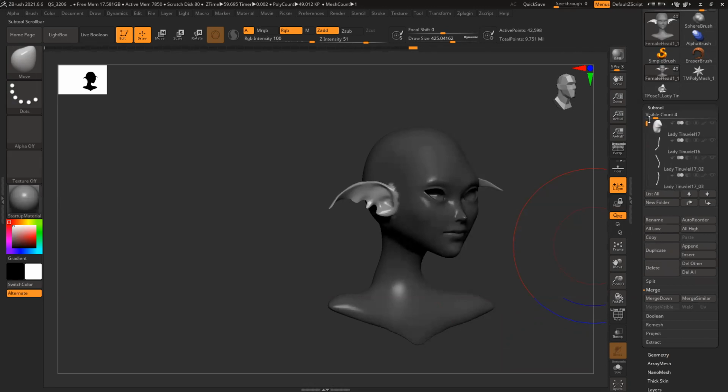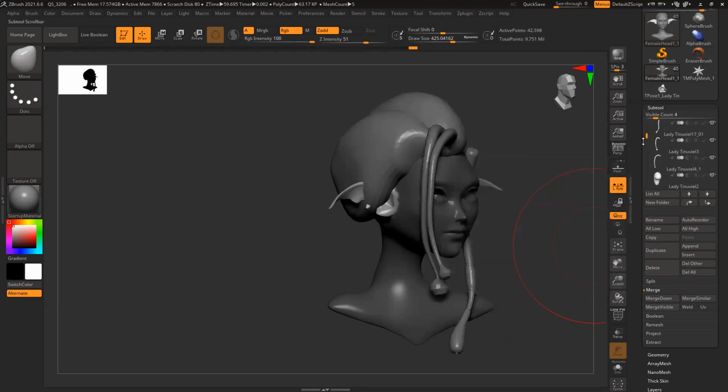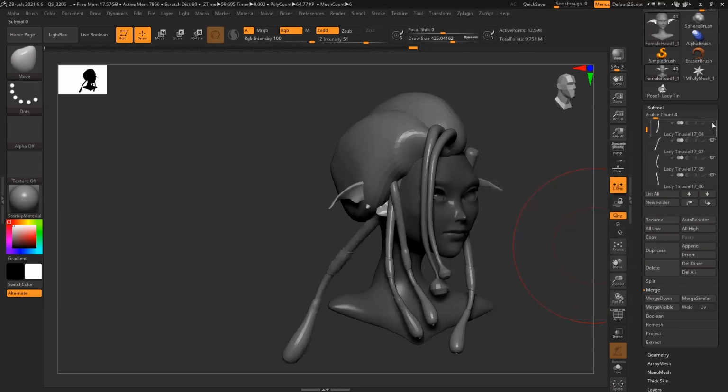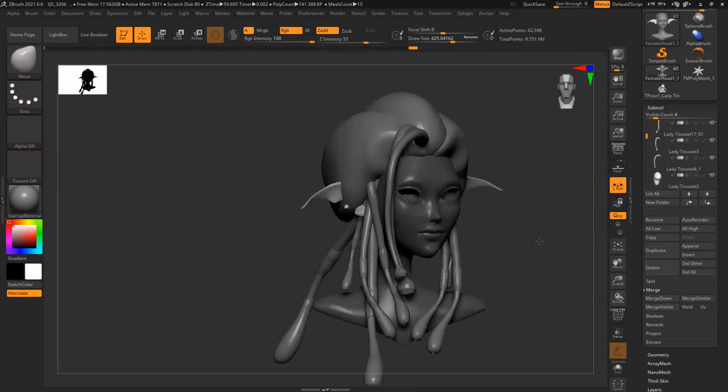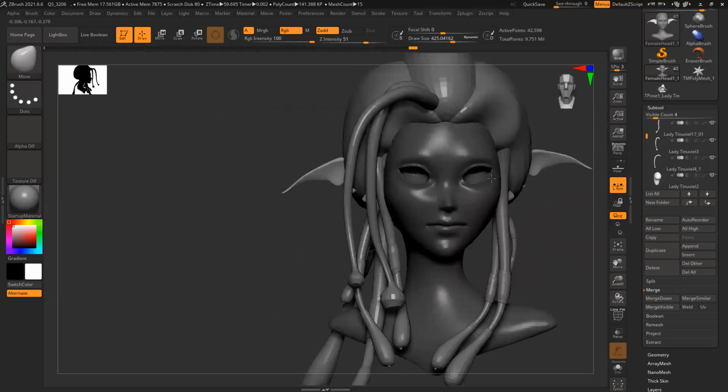Where is the hair? I believe this one, yes. All those tentacles, so that I can align everything properly. Yeah, almost everything is visible. So now only the ear I have to work on. Here you can see if I try to work with symmetry, it won't work properly. So I'll switch off my symmetry because it's now posed.